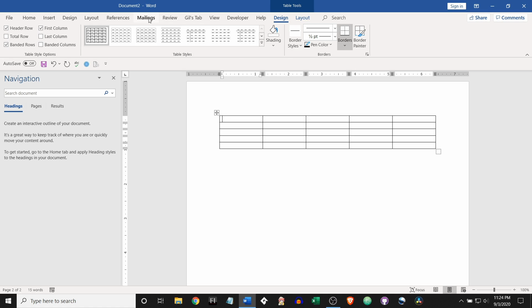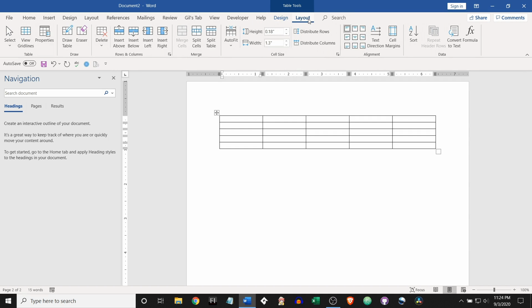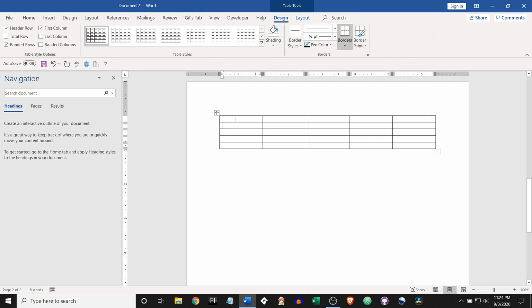If I happen to be on a different tab, it's going to stay on that tab, but once I've selected the table again, I can go back to the special table tools for design and layout, which gives me a whole bunch of options to manipulate the table. To input values into the table, you just click on one of the cells and just type